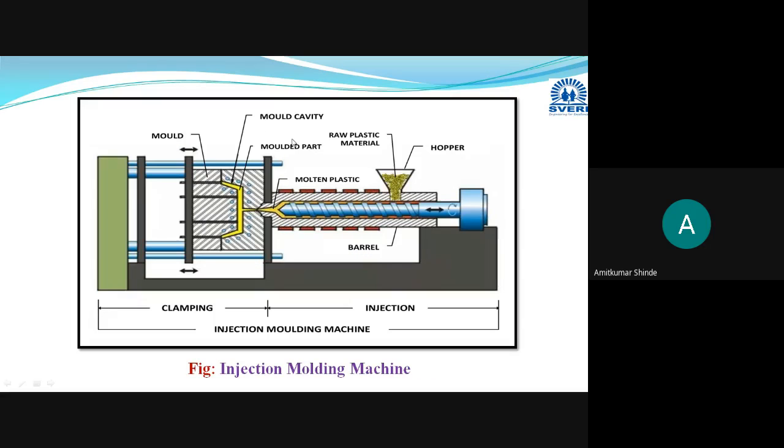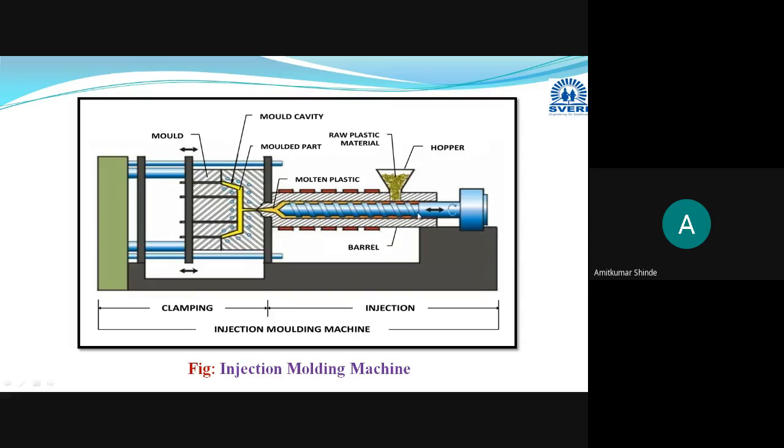Okay, the same injection molding process here. This is the injection molding machine, with a different plug arrangement. I have highlighted here the hopper. This is the raw plastic material in the form of granules or pellets. Now this is the cylinder, and some heating arrangement is required. These are the heating sources provided on both sides of this cylinder.